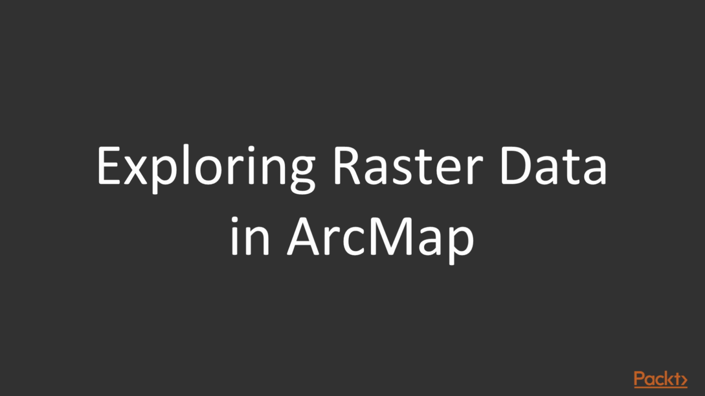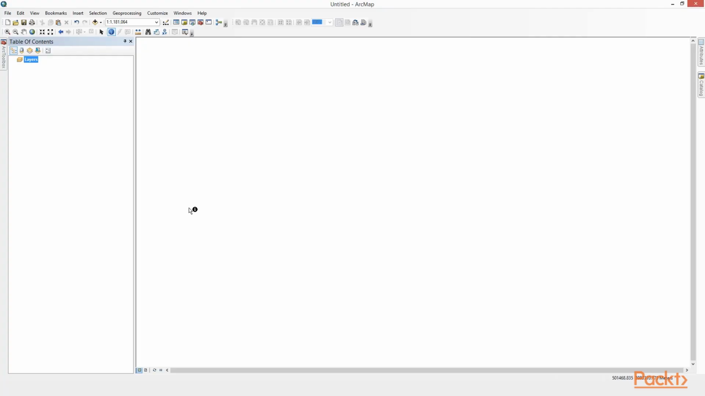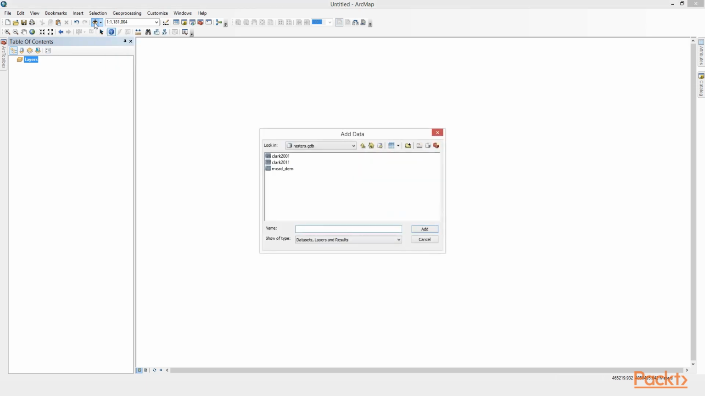We'll be working in particular with two raster data sets. One that's representing two particular time periods, and one that's representing elevation. And so what I'm going to do now is move over to ArcMap, and inside of a blank ArcMap document, I'm going to click my Add Data button, the same way that I would add a vector dataset to ArcMap. I click the button and navigate to my rasters geodatabase, and I see that I have three rasters